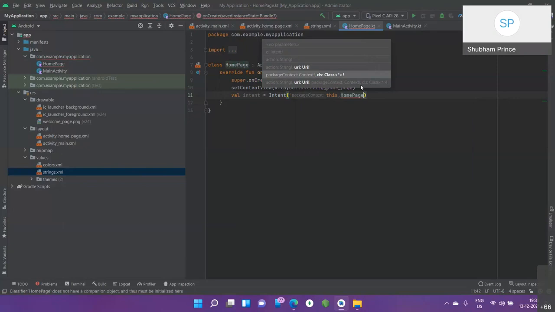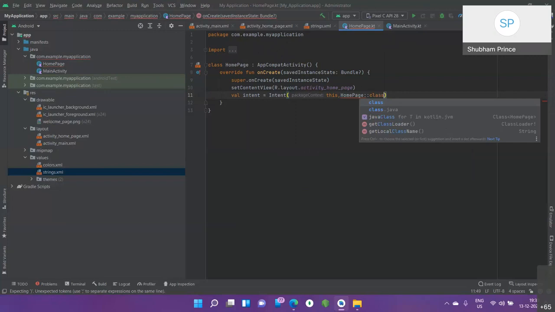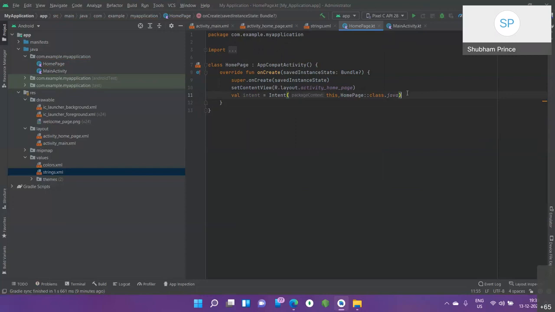Home page. Okay. Class and fine. So this is how we do it. It's something terrible. Okay, fine. And we can add some extra methods, leave it right now. It's fine. So this is how we create an intent. And Intent is our class, which we will be using.